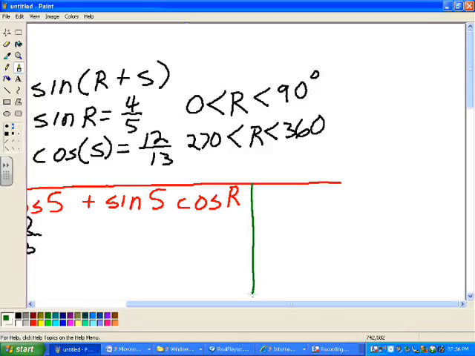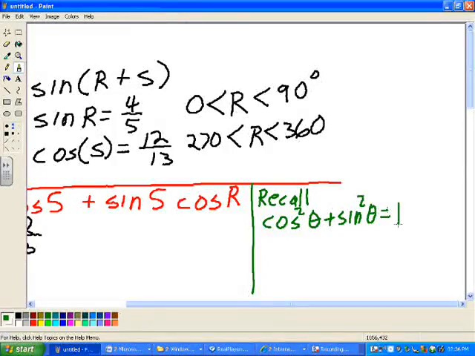And I can do that because I know that the cosine squared and sine squared equals 1. So if I wanted to find